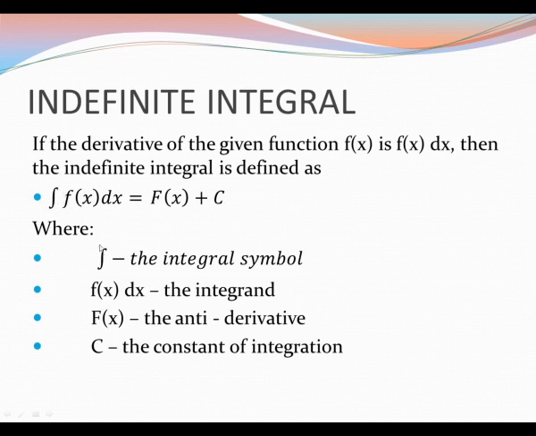So here, this is the symbol for the integral, and then the integrand, the content of the integral, is f of x dx. The result upon removing the derivative is the antiderivative. Upon integration, we always have to introduce a constant of integration, which is c. The idea here is that the integral is simply the reverse of the derivative, wherein we have to remove the derivative in order to determine the function, but it is no longer the function, we call it the